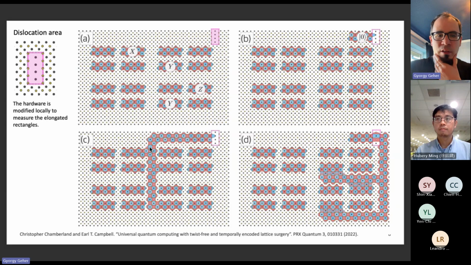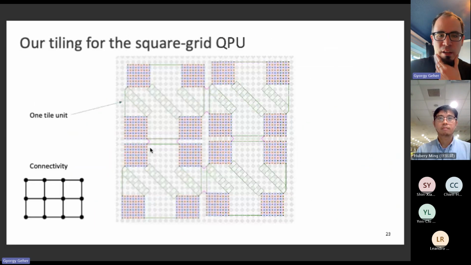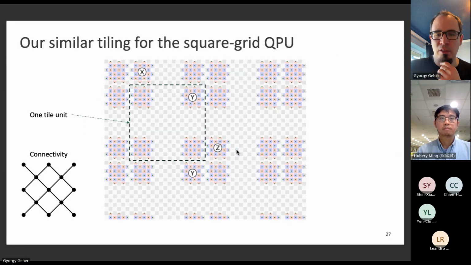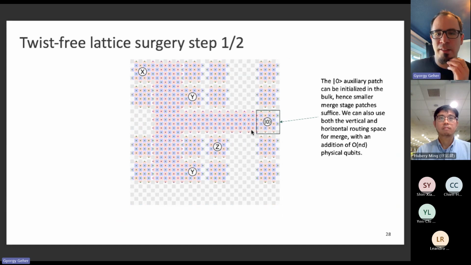One reason why we think this proposal is better, compared to the proposal where we always have to connect to this part here where there is the dislocation, is that we can initialize this auxiliary patch anywhere. If they are here, and around these there would be thousands of other patches, then we don't have to initialize this at the edge of the hardware, but we can initialize it in the middle as well. So this means that we have shorter merge stage patches